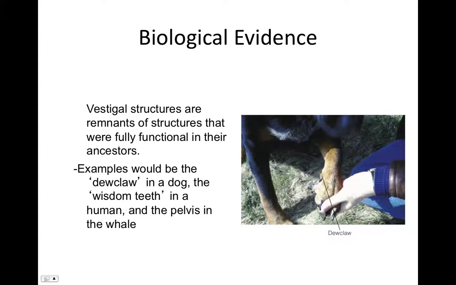And then we have vestigial structures. Vestigial structures are remnants of structures that were fully functional in an organism's ancestor. Some examples are the dew claw of the dog, this claw on the forelimb of a dog. The dog doesn't use it, but the dog's ancestors used to climb trees, and that dew claw was helpful in descending the tree. The wisdom teeth in humans are an ancestral vestigial structure. The pelvis in whales is also a vestigial structure. You can consider the